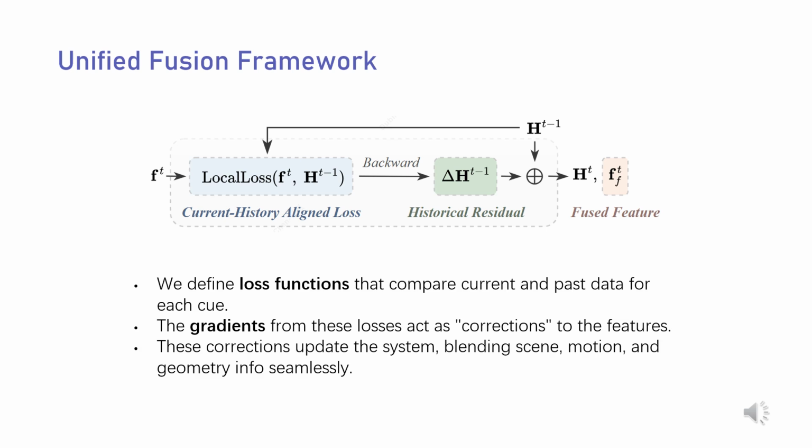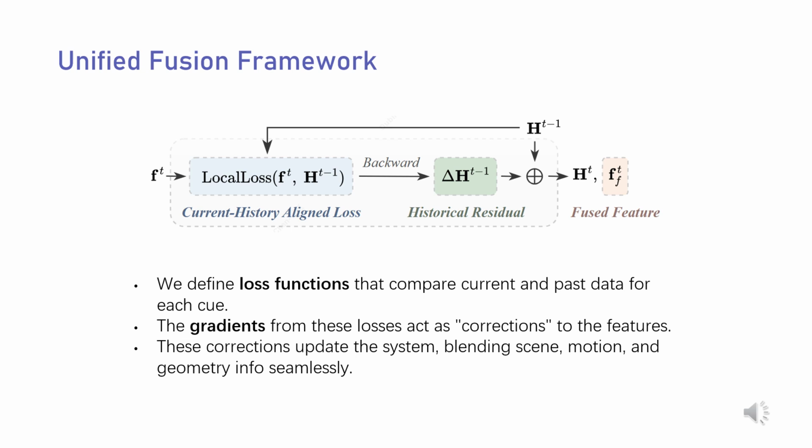How do we bring these cues together? We turn to RNNs, but with a twist. Each cue, scene level, motion, and geometry, comes with its own unique representation. Normally, RNNs struggle with mixed data types. For instance, scene-level cues are encoded as abstract network parameters, motion cues are 3D flow maps, and geometry cues are probabilistic point clouds. These heterogeneous representations vary in structure and scale, posing a significant hurdle for RNNs to handle such